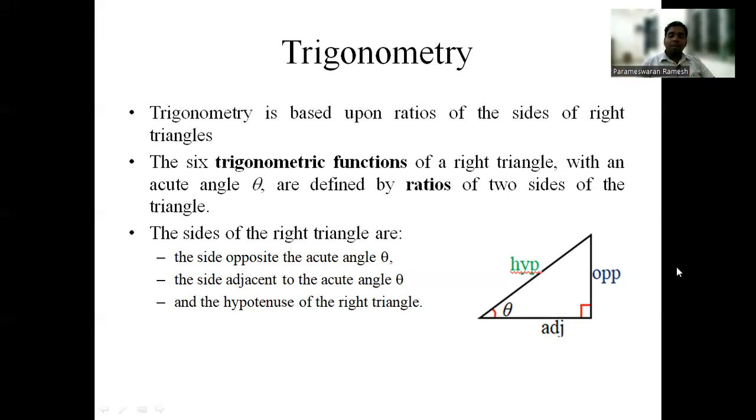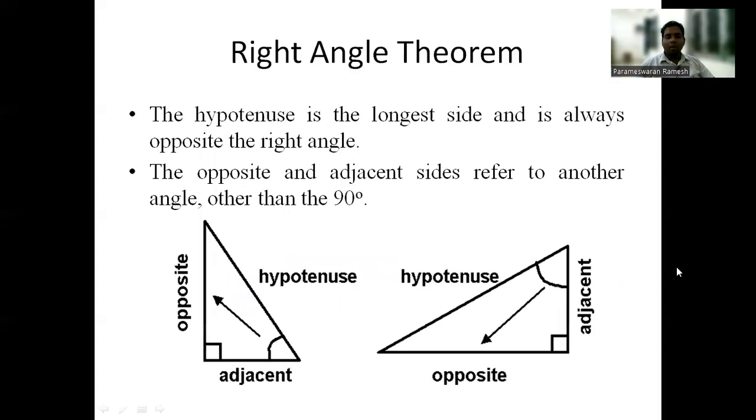Coming to the hypotenuse side, it is the longest side, because adjacent square plus opposite square is equal to hypotenuse square. This is called the Pythagoras theorem. This is the right angle triangle. The hypotenuse is the longest side and it is always opposite to the right angle. The opposite and adjacent sides refer to an angle other than 90 degrees. In the picture we can see that the hypotenuse is very big